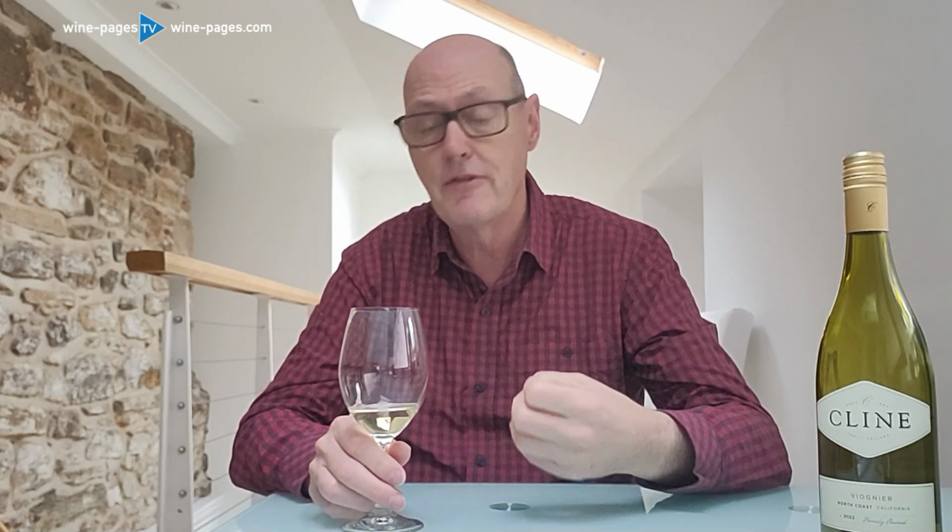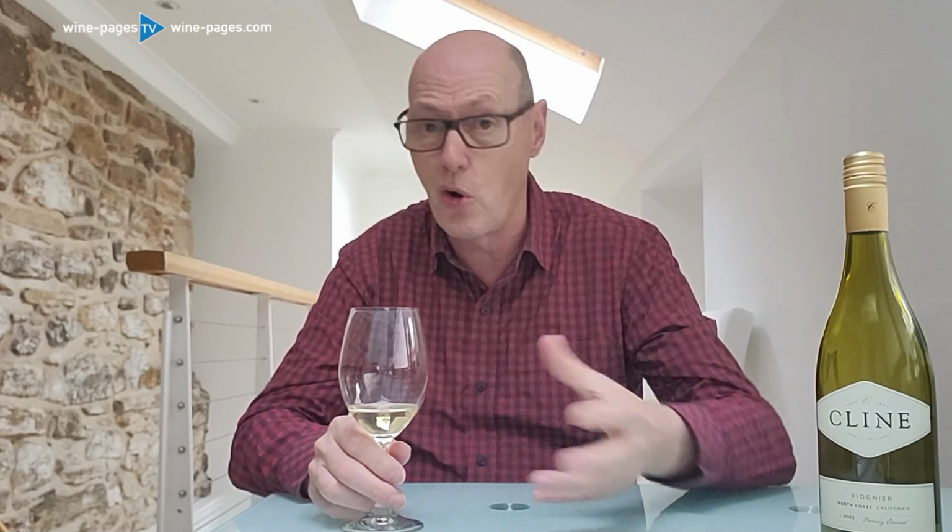So on the nose, a soaring bouquet of rich honey, apricot, flowers, spices, all sorts of things going on here. It's extremely rich and full and unctuous. And then on the palate,